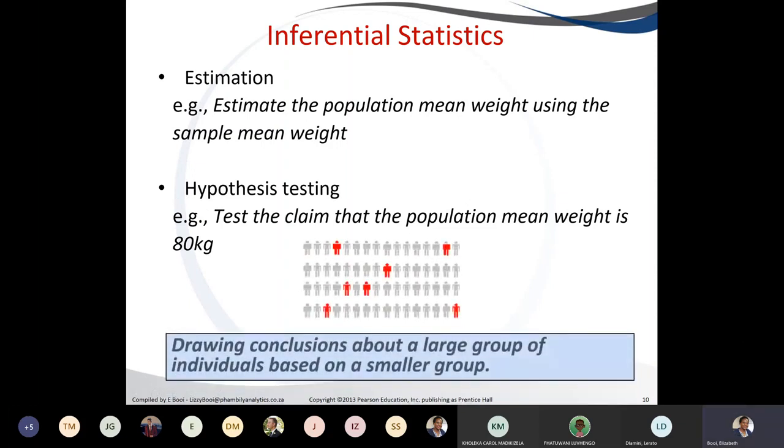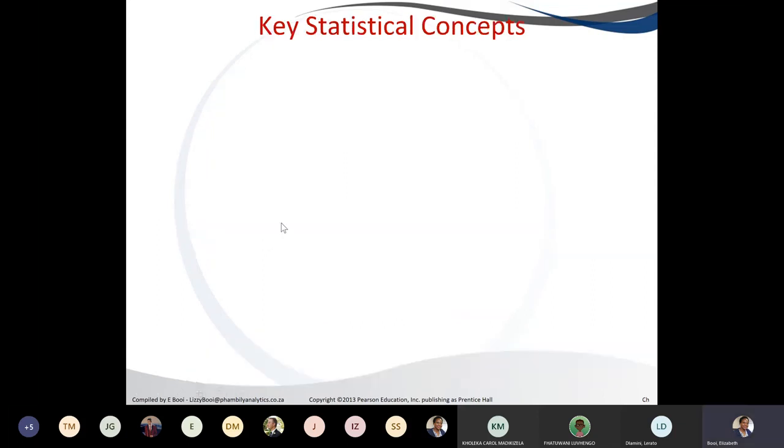And like I said, we infer back the result to the population. It's just by using all these other methods, we draw the decision about the large population that we would have collected data from a smaller group, which will be your sample. Okay, so once you understand those two key concepts of your branch of statistics, which are your descriptive statistics and